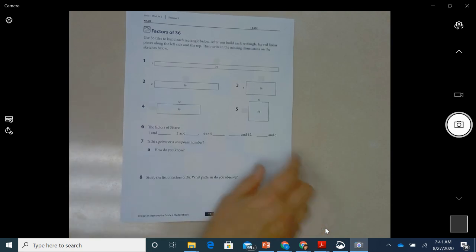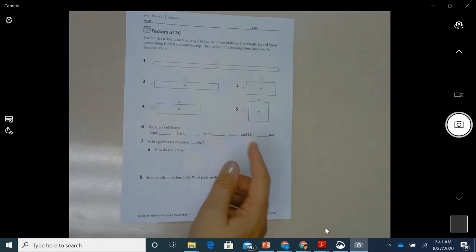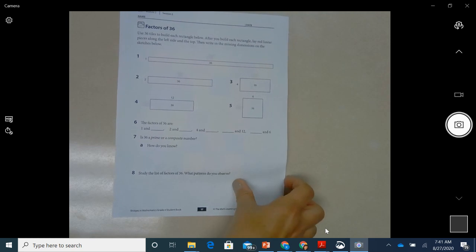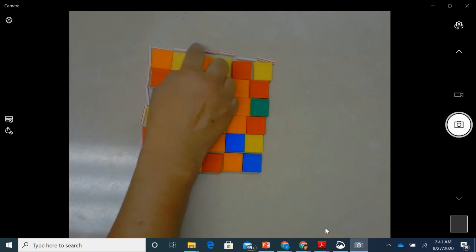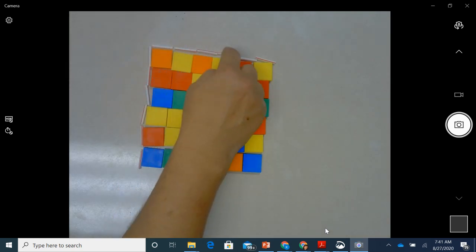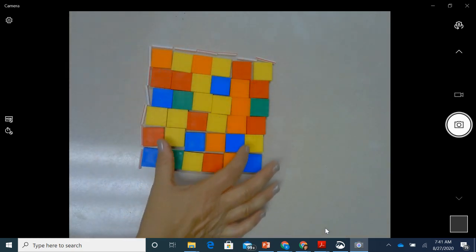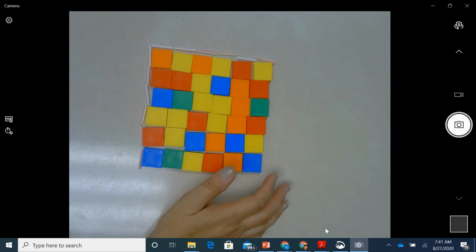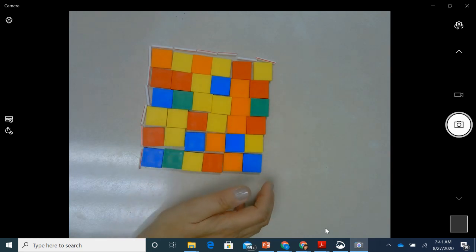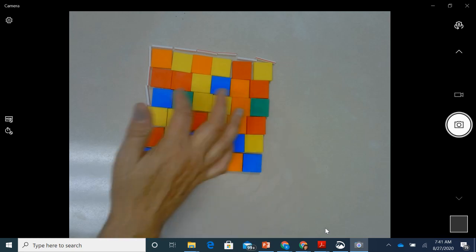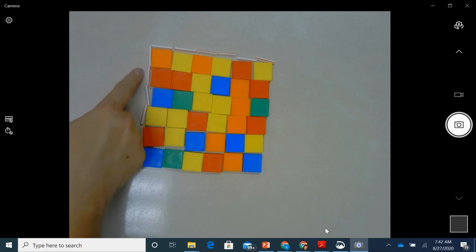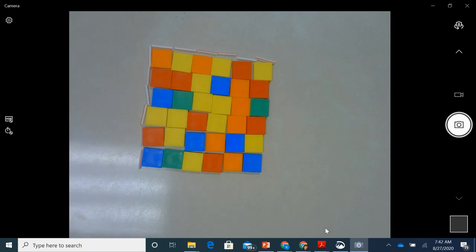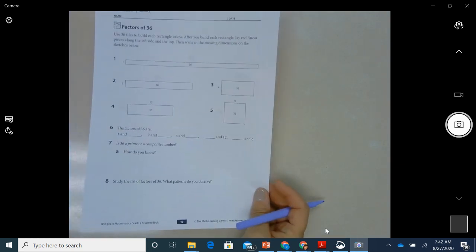So what I've done is I started with number 5. That was just the easiest for me to put on the document camera. And I noticed that there's 6 at the top. So I wanted to make sure I had 6 little pieces at the top here. And then I was going to fill in my rectangle or box based on 36 tiles. When I counted out 36 tiles and I did 6 at the top, I realized that I also have 6 on the bottom. So you can follow along with me on this video and you can fill in the